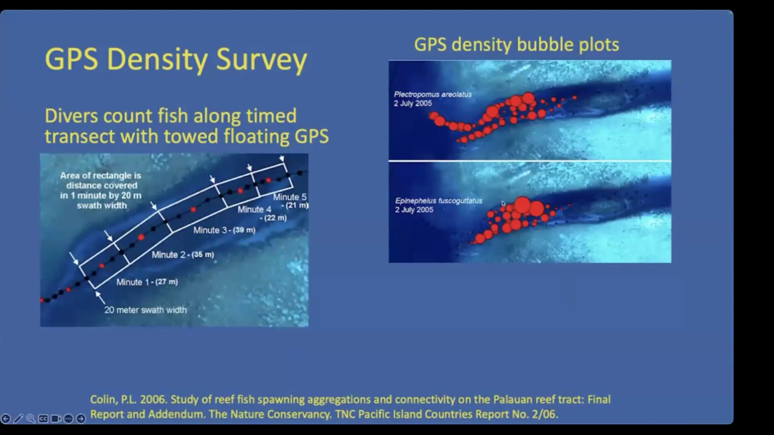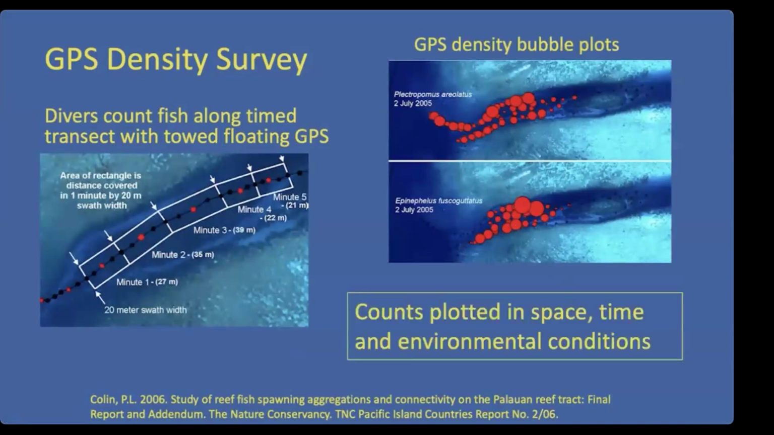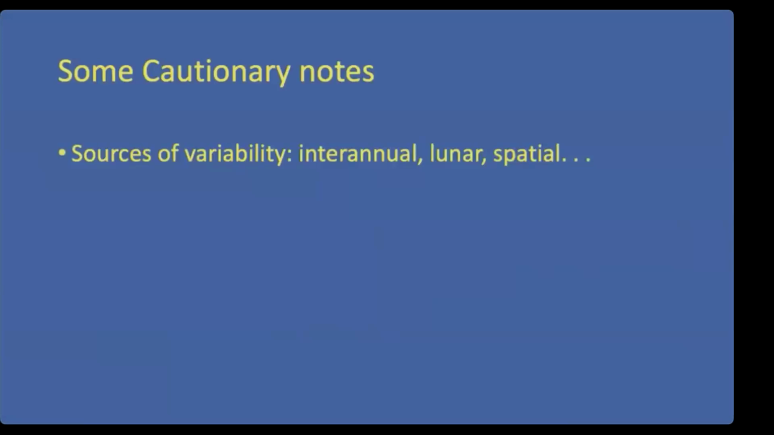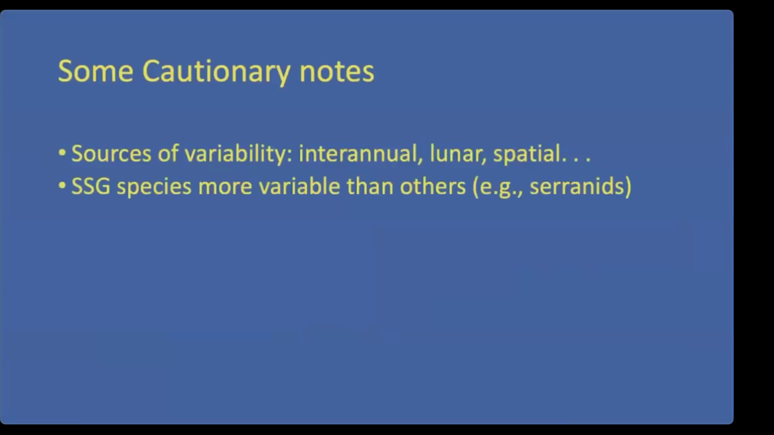Here's an example of the output showing density of two different species in the same place on the same day. Counts plotted in space and time in relation to environmental conditions offer you good data for monitoring. Couple cautionary notes: very much variability in all of the dynamics, and SSG species are typically much more variable in